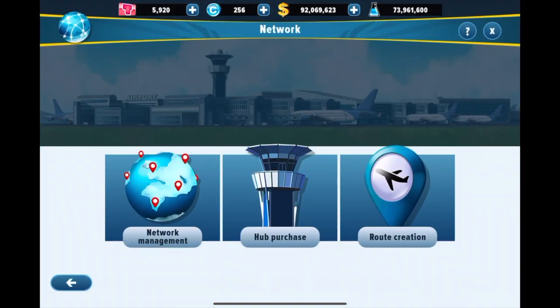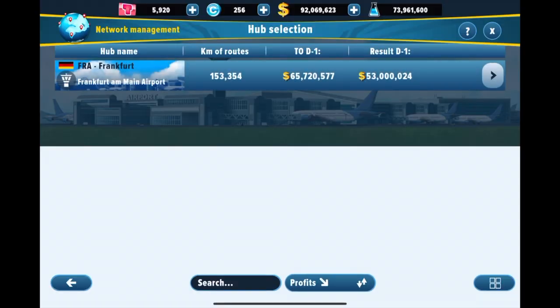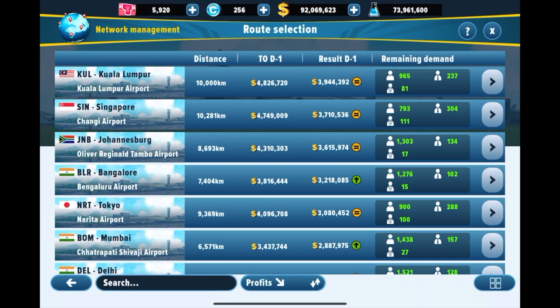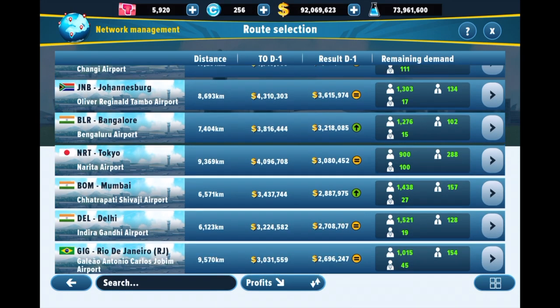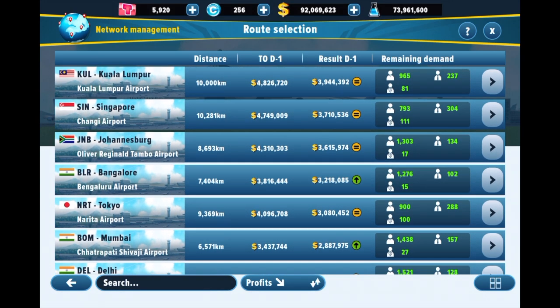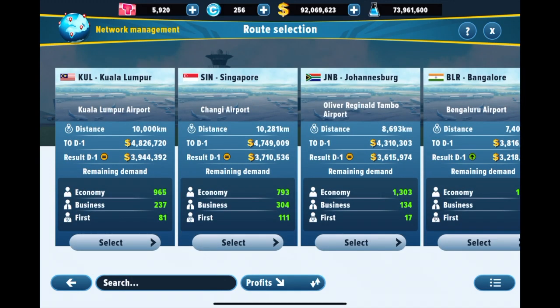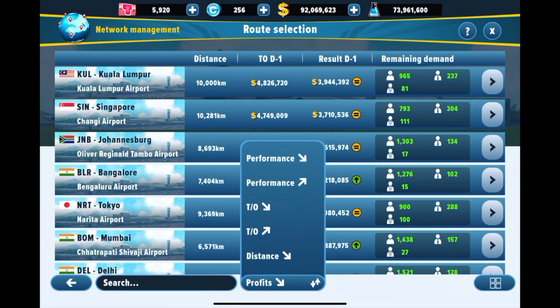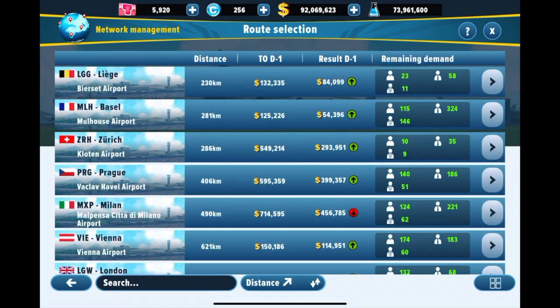In fact, if we take a look at the network management now, this was one more thing that I discovered yesterday. The list view. This is much easier as compared to the block view like we had here. I think list view is much easier. So let me arrange it by distance. Okay, if you see in the remaining demand column,